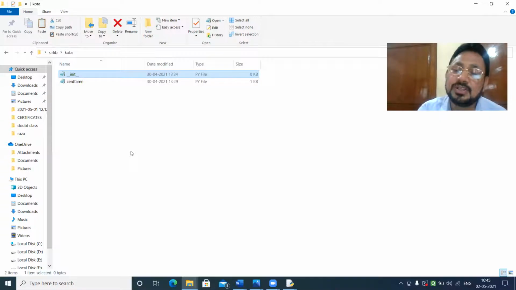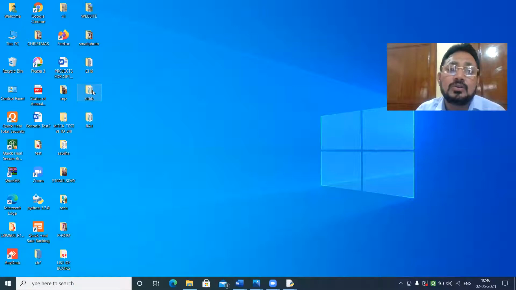Now, how to execute this? Again, this is a problem for you. You can make your package folder at any location. You can make it on the desktop, D drive, E drive, wherever it is allowed. No problem. But after that, it has to be imported or copied to a particular place, and that is known as site packages. Control C, then only it will work as your library file or a package so that you can import it. Getting my point?